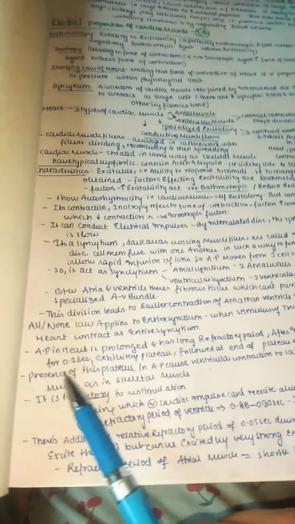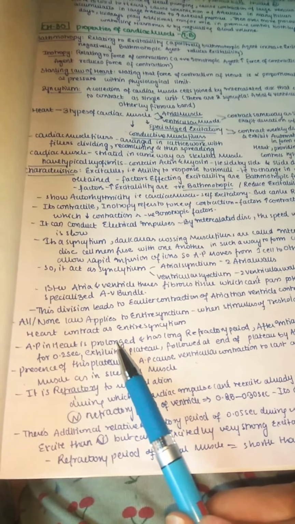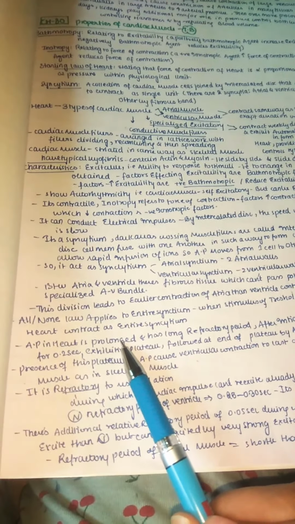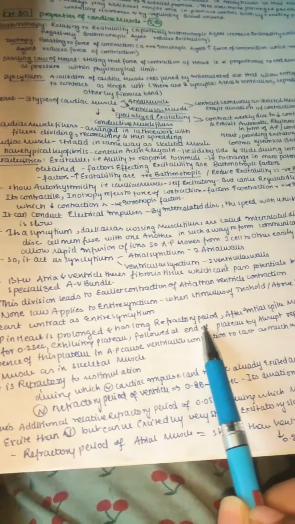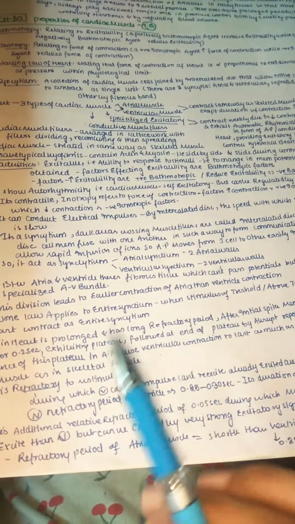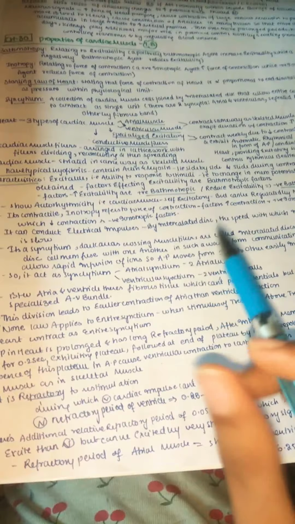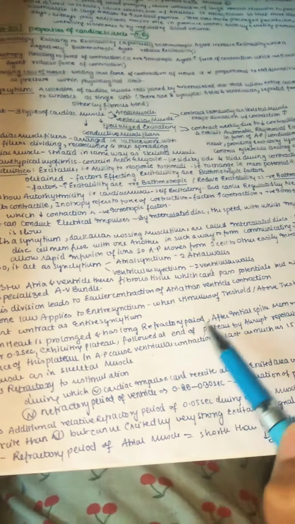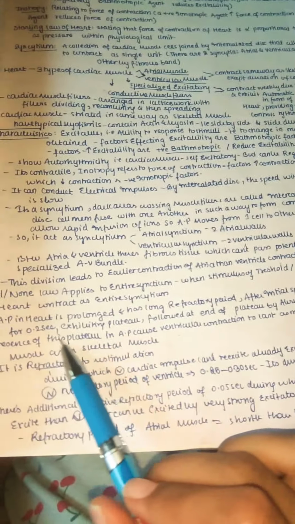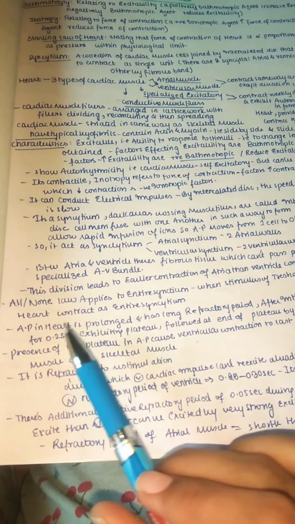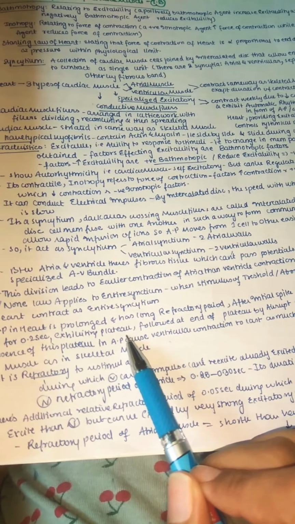That's the meaning. So the action potential in the heart is prolonged. Why it is prolonged, you will understand. It has a plateau. We'll see that plateau and all those things in our next lesson. So the action potential in the heart is prolonged and has a long refractory period. The refractory period is the resting time between one action potential and the next, before the stimulus is given. And after the initial spike, the membrane remains depolarized for 0.2 seconds, which creates a plateau. Yes, it exhibits a plateau.